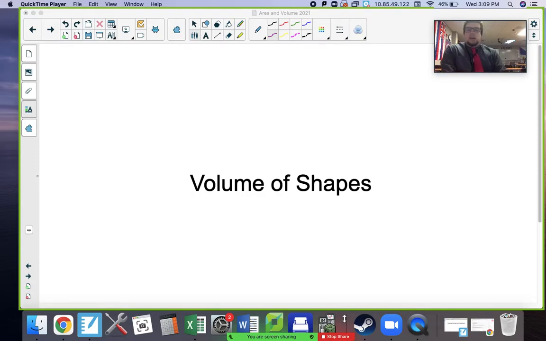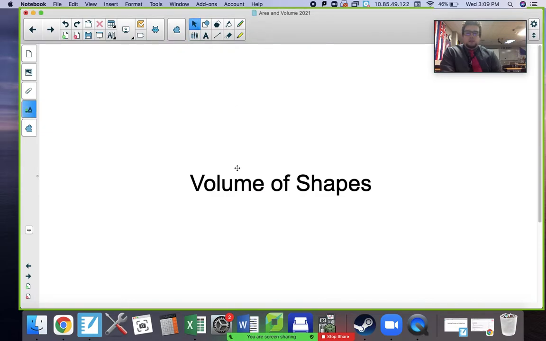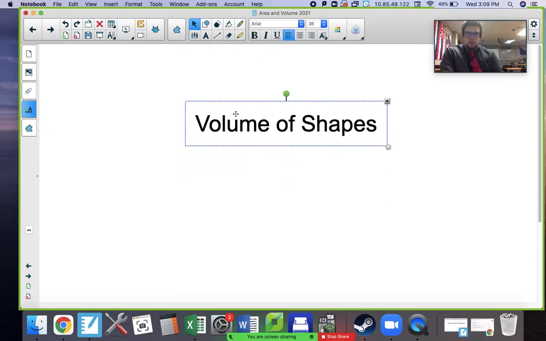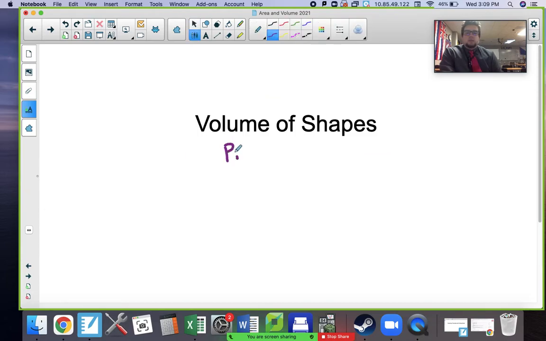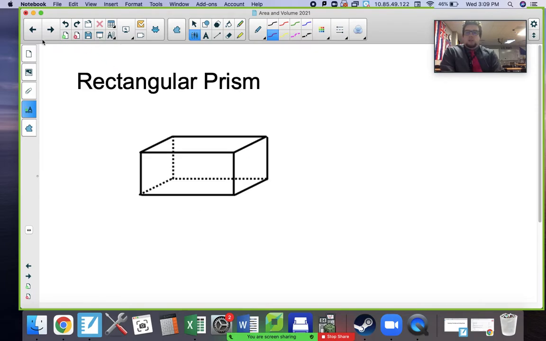So today we looked at the volume of some shapes. So in actuality, we didn't look at every single shape. We looked at prisms. Just volume of prisms. So prisms,